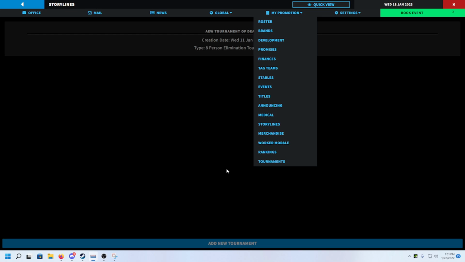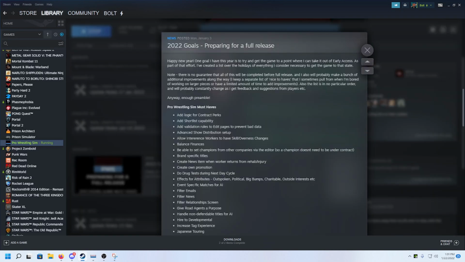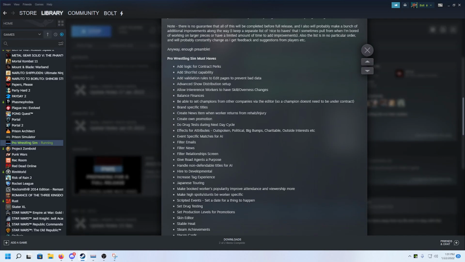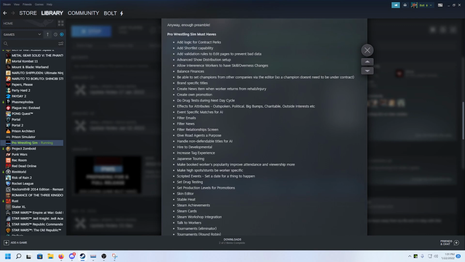All in all, that's going to do it here for a quick little recap on some of the new things with the game. Tell me what you guys are looking forward to here. If you haven't already, check out the Pro Wrestling Sim page, because on there is where you can see the goals for 2022. A lot of cool new stuff here, logic for those contract perks, creating your own promotions,